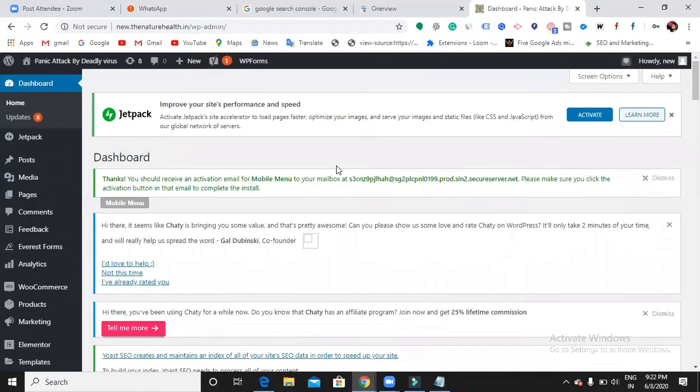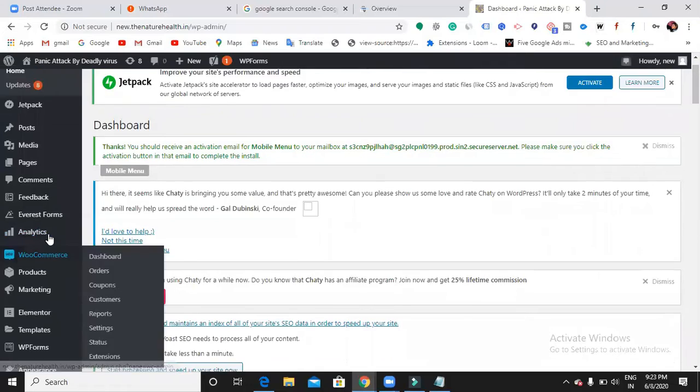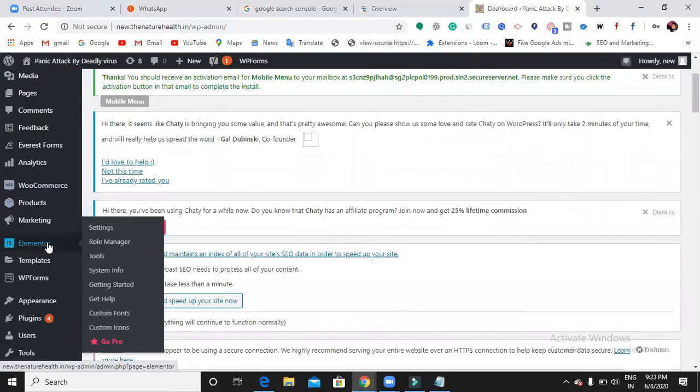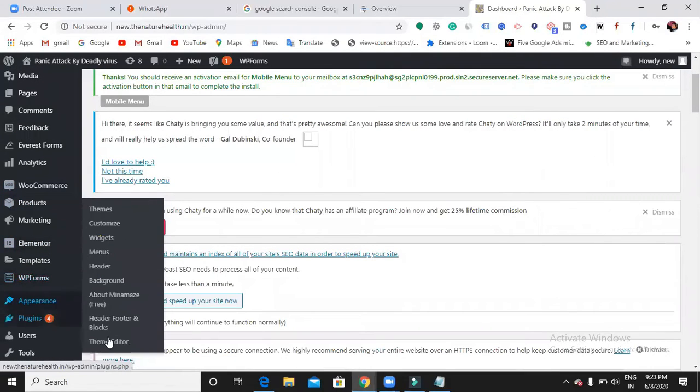So observe carefully. Get into Appearance, and there you can see an option called Theme Editor. Don't worry about this coding session. If you're not aware of any kind of coding, I'll tell you one more technique. It will be easier for you.